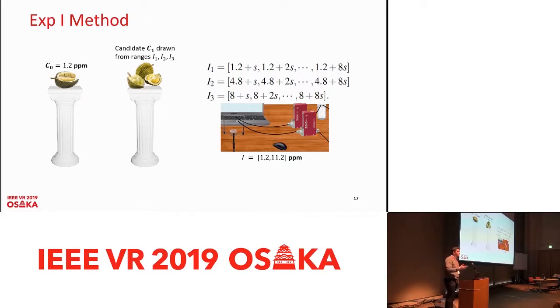We wanted to look between 1.2 and 11 parts per million and establish the just noticeable difference, and see if it matches up with Weber's law, so we can use that more conclusively in this computation task. For each participant, we delivered a baseline starting from the very lowest C-min of this olfactory display, 1.2 parts per million, and explored this interval in steps, delivering different intensities to a user until we got a criteria of rating above a 75% threshold